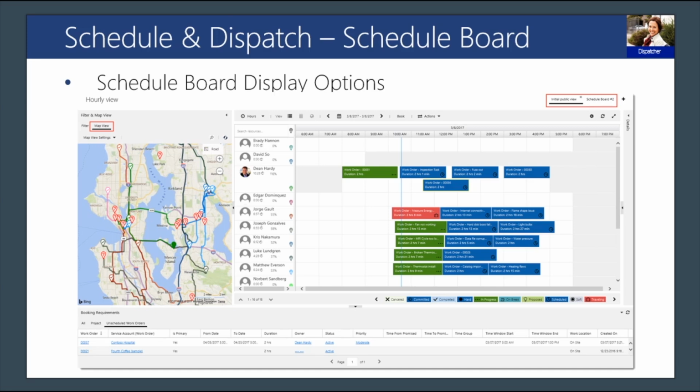In addition to enabling the manual scheduling that we talked about a moment ago, the schedule board is also used to visually display the progress of jobs being worked on. So as the field agents conduct their work and update the status of their bookings, the color of the booking in the schedule board will update automatically, right? So you can see in this example that the morning's bookings are green because the field agents are actually on site performing the work,